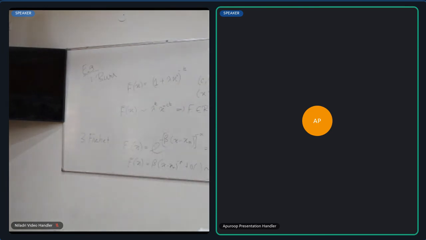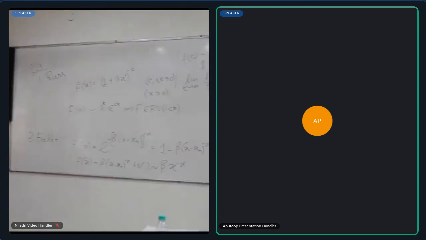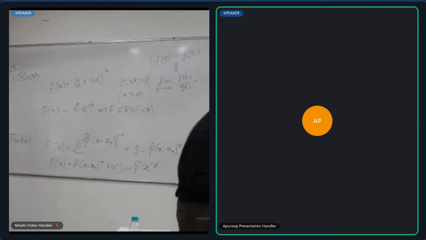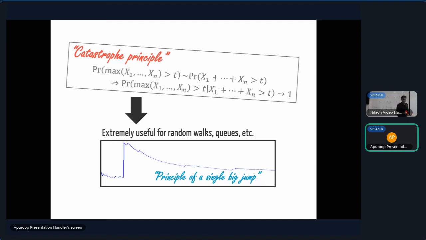Yes, so this is an asymptotic property. All right. So this class of distributions that satisfies the catastrophe principle is actually very useful. This defines another class of heavy-tailed distributions called sub-exponential distributions. Many of you have heard of sub-exponential in a different context. There is some abuse of notation that the community has perpetrated, which I will at least clarify. But this class of distributions is called sub-exponential distributions. It's a class of distributions that satisfies the catastrophe principle.